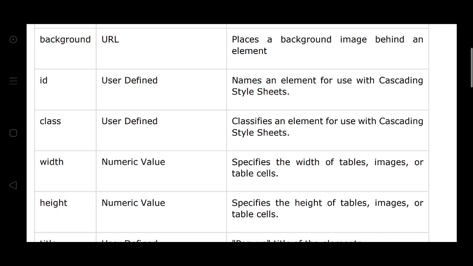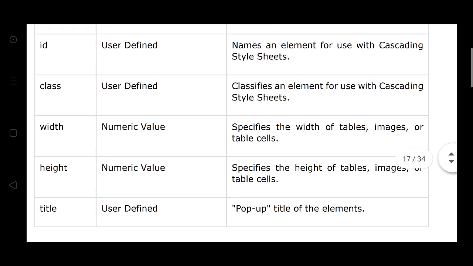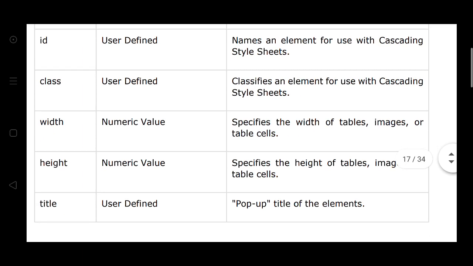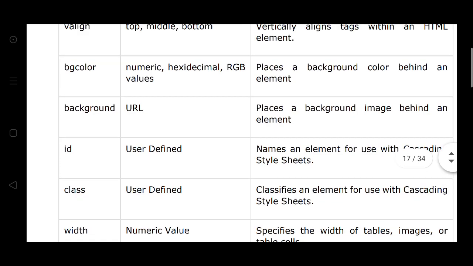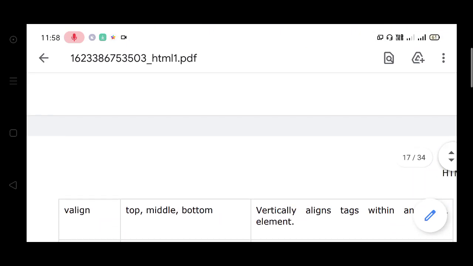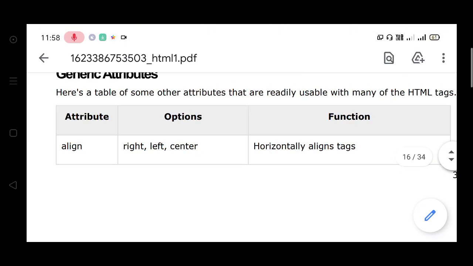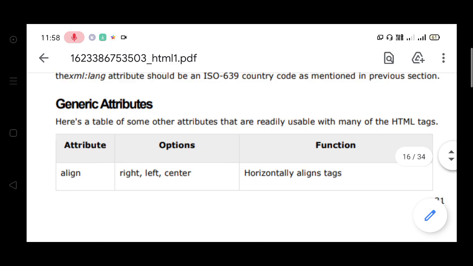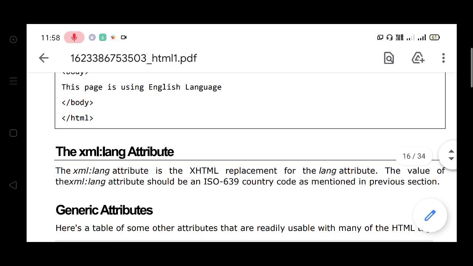The width may be given, and the same for the height, given by us. And the title is also user defined. These are all the generic attributes.